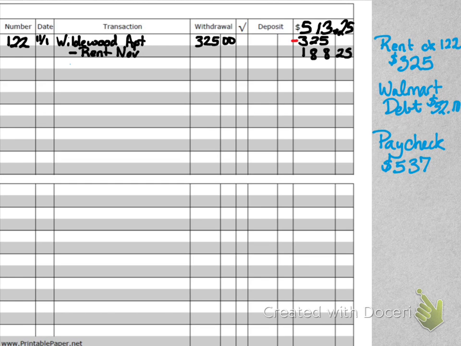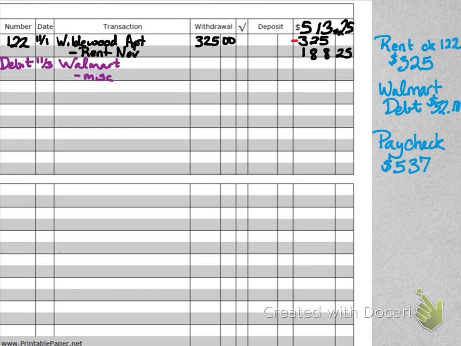So the next thing is, and I know I didn't tell you the dates over on the side, that's just me making notes of what each of the things are, I used my debit card at Walmart on the 3rd. So on 11/3 at Walmart, I used my card. There is no check number for this because it was not a check. So you can either put a line, or you can put something like debit. Say that I use my debit card. This was for miscellaneous. Just little odds and ends for the household,